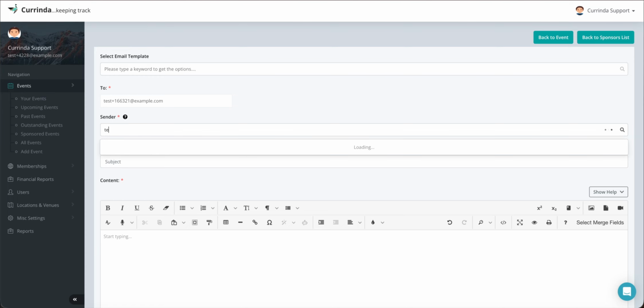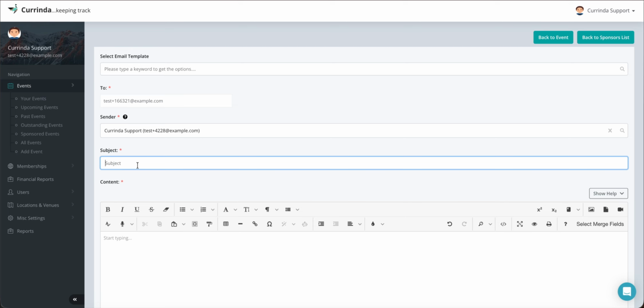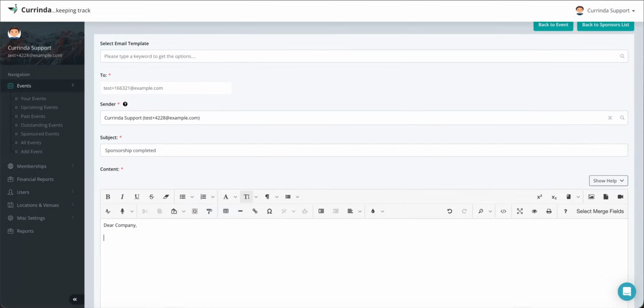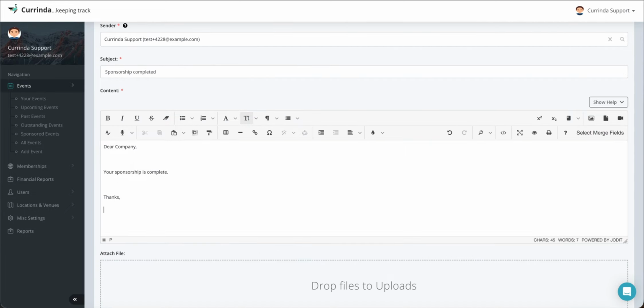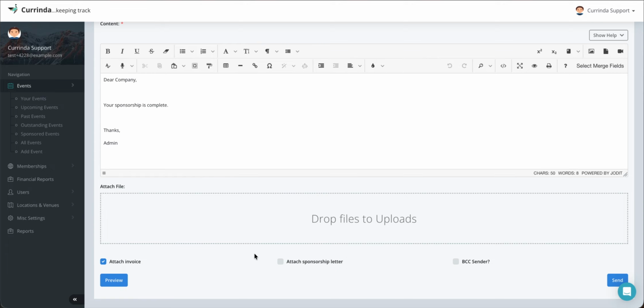Let's say I want to send this email from test plus 4228 email address. I want to send this from here and select a subject, sponsorship completed. And let's fill in some random content. Dear company, your sponsorship is complete. And then thanks, admin. And we can also attach some files, attach invoice, attach sponsorship letter, and we can also BCC the sender,